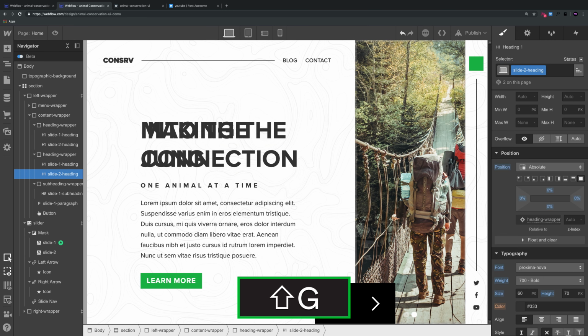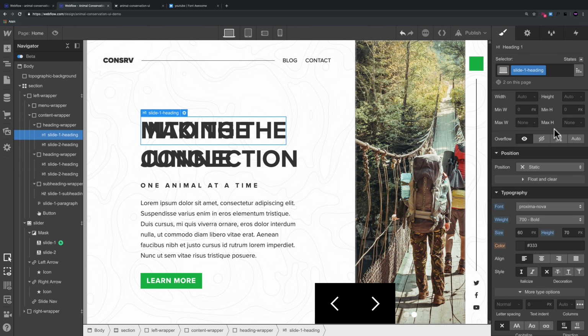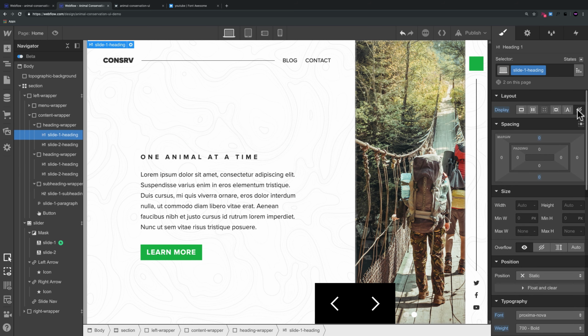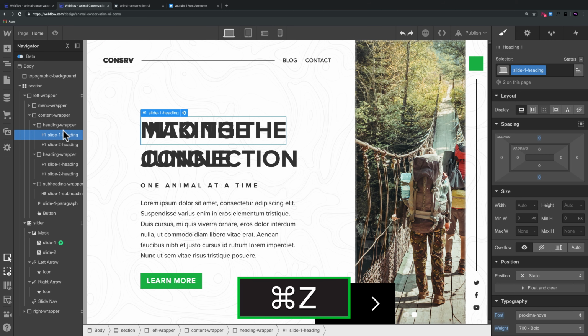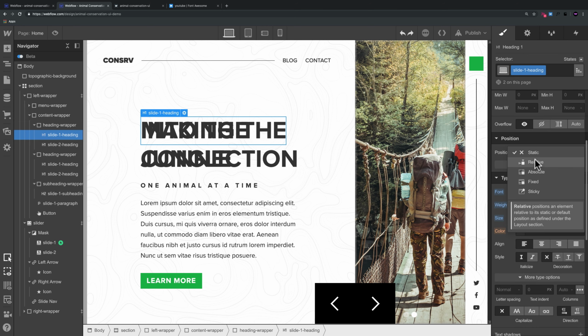And I'll say "into the jungle". Okay, so if I go into slide 1 heading and I set the display setting to none, let's see here. Oh, we actually need the slide 1 heading because, and I think, yeah, let me set the position to relative there,